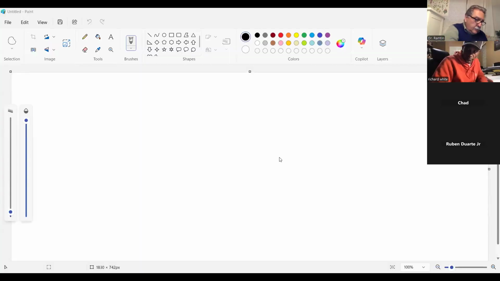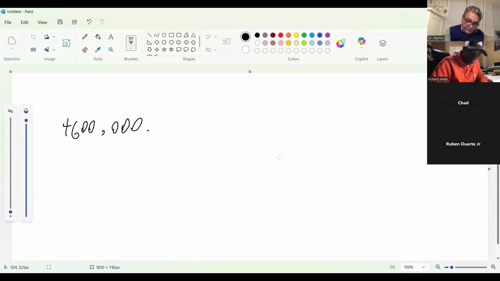All right. Let's say you have this number, which is actually a decimal number, 4,600,000. There is a decimal point here. We don't put it because the number after it is only 0. You don't see it, but there is a decimal point here. If I want to write this as a scientific notation,